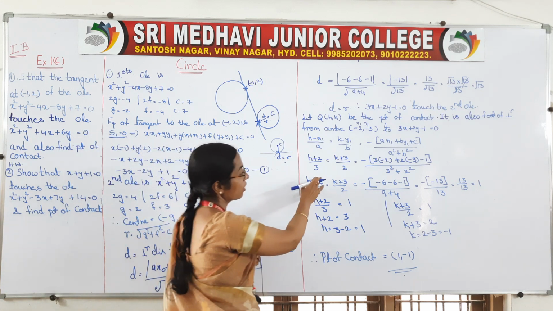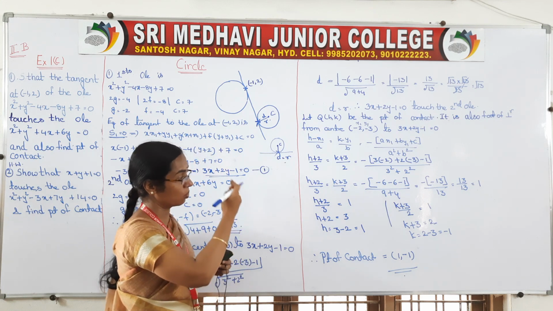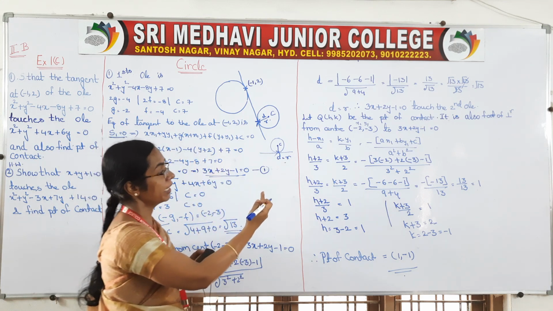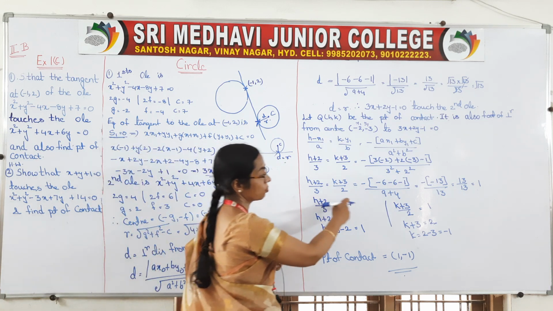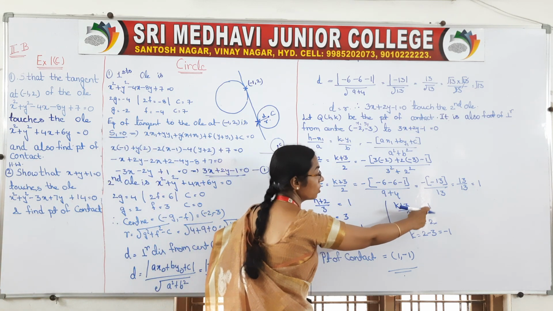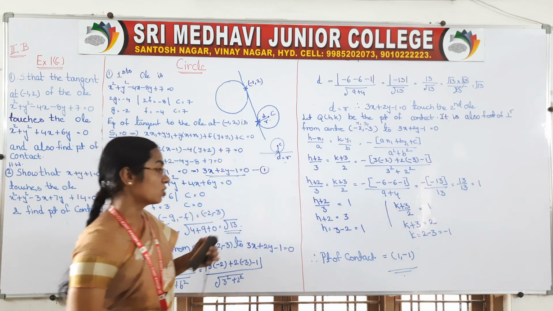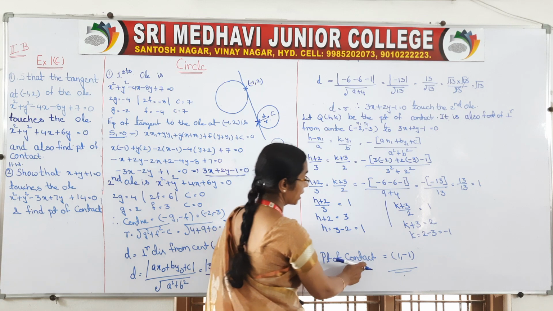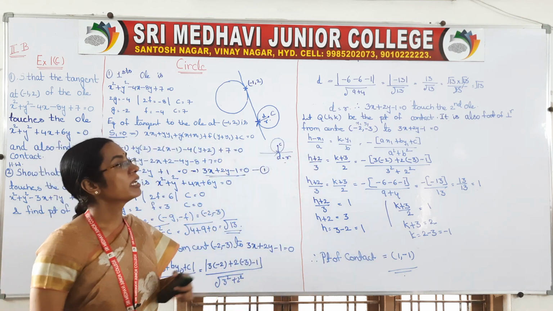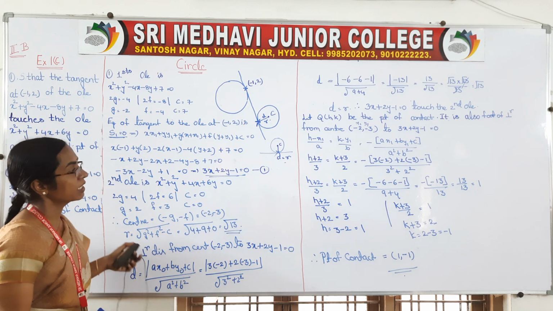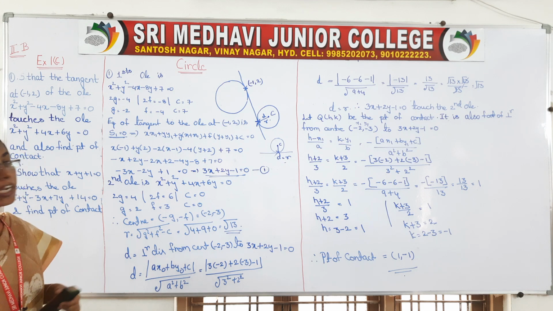After substituting, you will get an h term equal to a k term equal to some constant term. Equate the h term to the constant and the k term to the constant and get your h and k, right? That is called the point of contact. This is a very important and most repeated selected question. So practice it properly, don't neglect it.